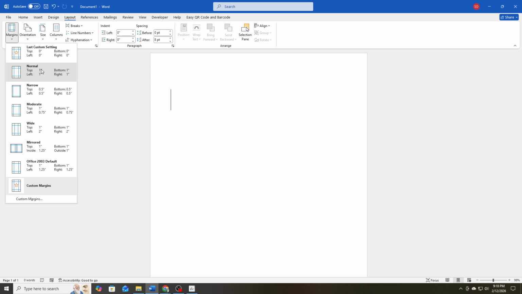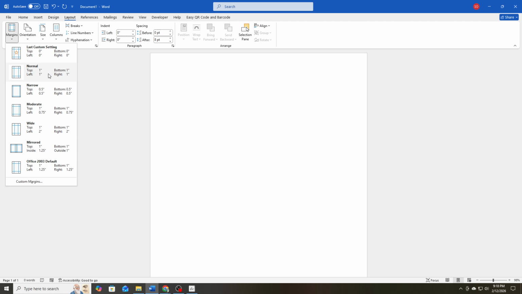If your Word settings are displayed in centimeters instead of inches, don't worry. Microsoft Word automatically converts measurements based on your regional settings. A 1-inch margin is equal to 2.54 centimeters. This means that when the margins are set correctly, you should see 2.54 centimeters for the top, bottom, left, and